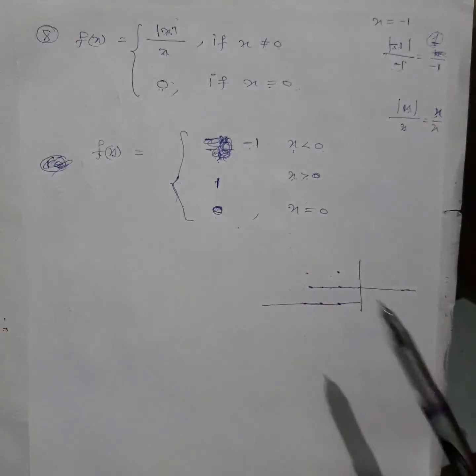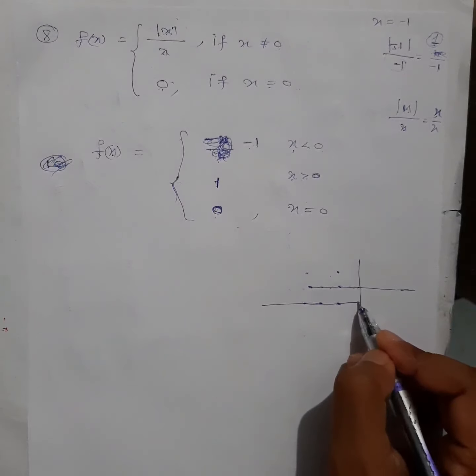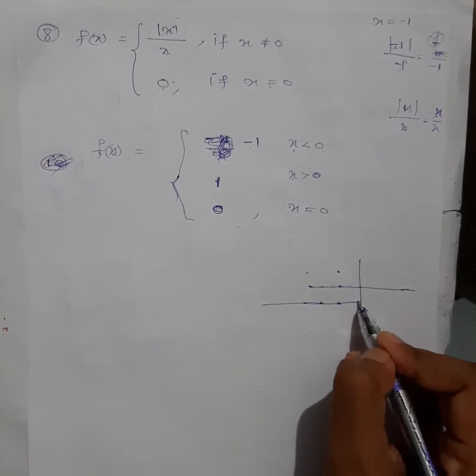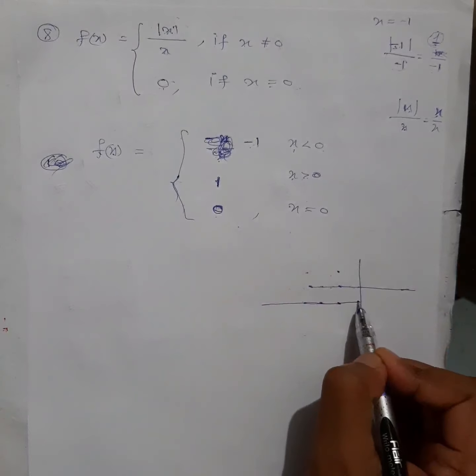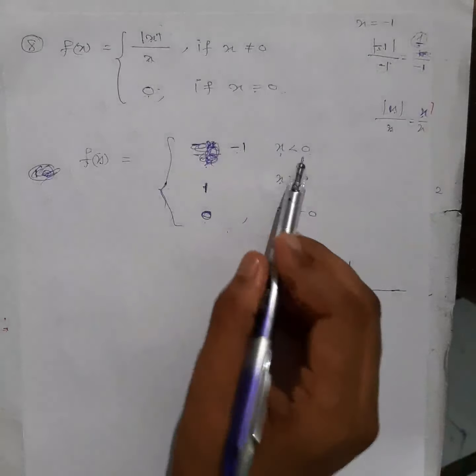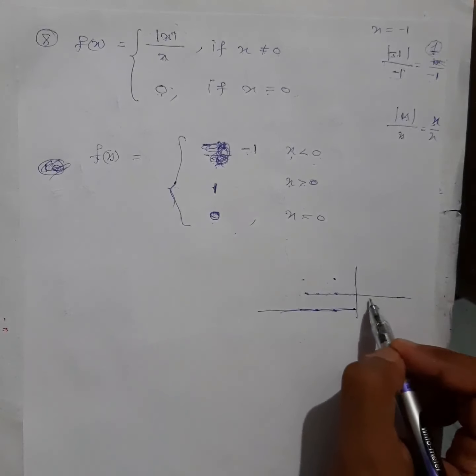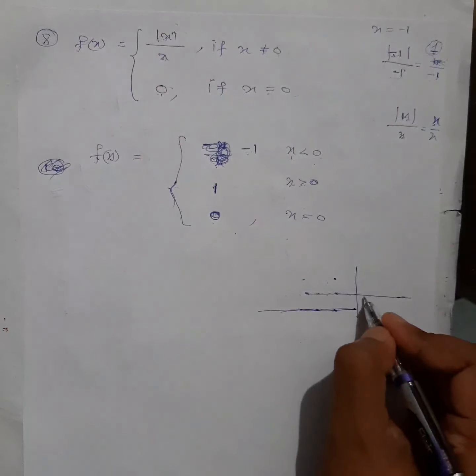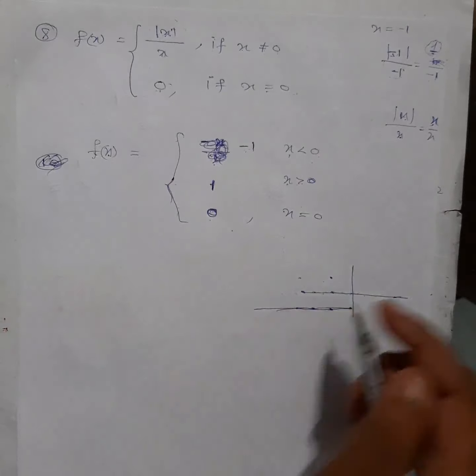Okay. Now equal to 0 I'm not taking. So don't think that this touches the y-axis. It will not touch the y-axis. Just before that, whatever is there will be the line till there. Okay. This is the graph for this portion. Now x greater than 0. This is conceptually what I'm explaining to you. Now how to write that down, I will also say.